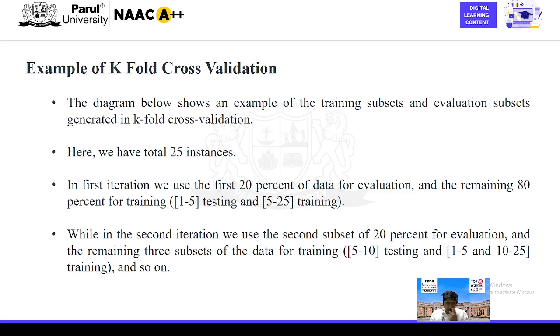Suppose here we take an example. Here we have a total of 25 instances, from 1 to 25. In the first iteration, we use the first 20% of the data for evaluation and the remaining 80% for training. It means only 1 to 5 is for testing purpose, and 6 to 25 is used